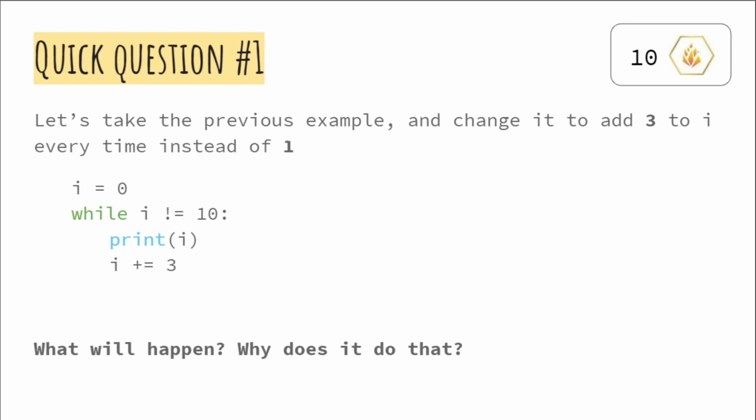So the correct answer is, not positive we have this poll with the correct answer. The correct answer should be that this is an infinite loop, because we start with I equal to 0, then as long as I is not equal to 10, we print I and then add 3 to it. So we're going to start with 0, and then we will print 0, and then we'll increment it by 3, so it'll print 3. And then 3 is not equal to 10, so we'll run again, and we'll print 3,